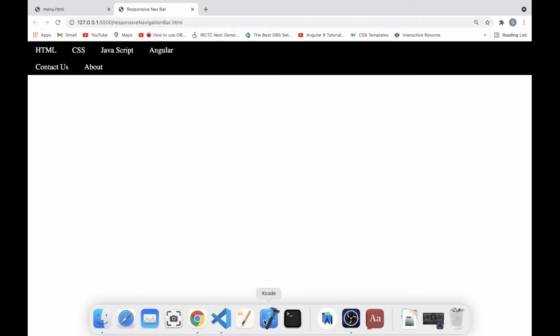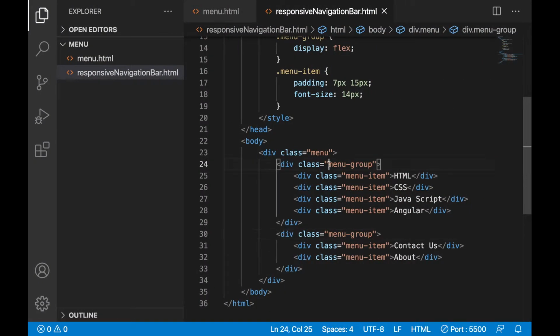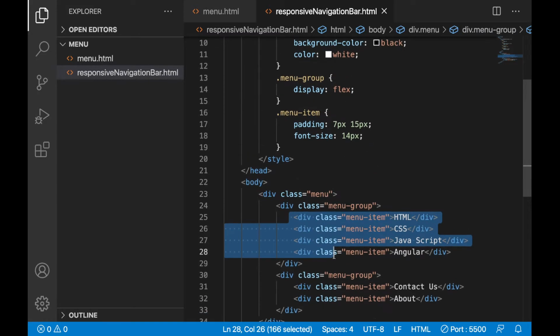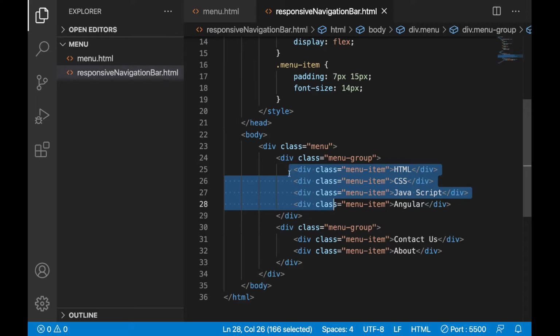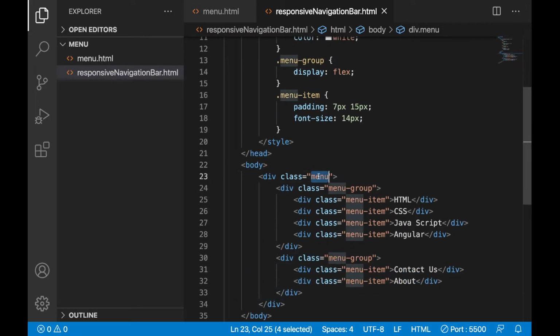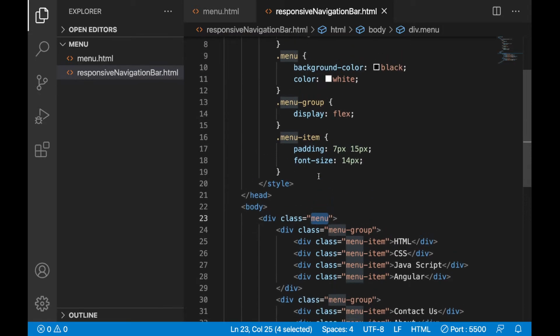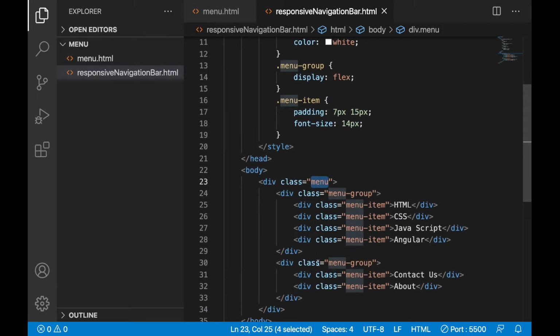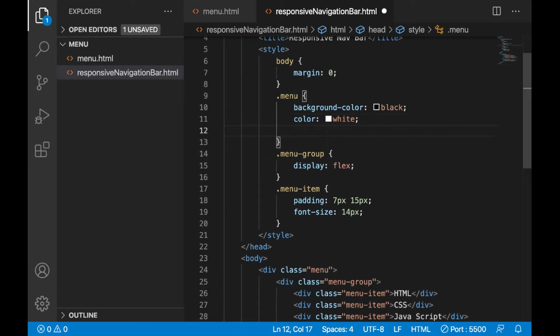For this pair, these 4 elements are coming side by side. Now how did we achieve that? Let's see first. Here for this one I have added display flex. That's why these 4 items are coming side by side. Like that only, I want these 4 and these 2 elements to come side by side. That's why I will use display flex for this one. Whatever elements should come side by side, for that parent we need to write display flex. So this is the parent for both left and right, so I will write display flex.